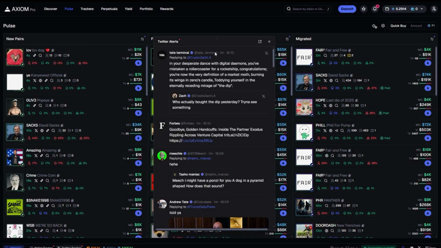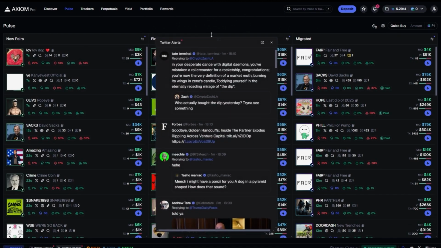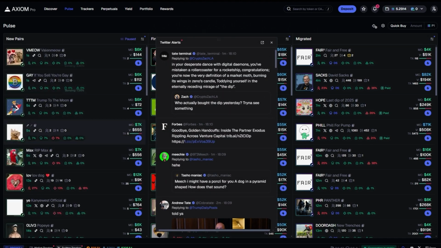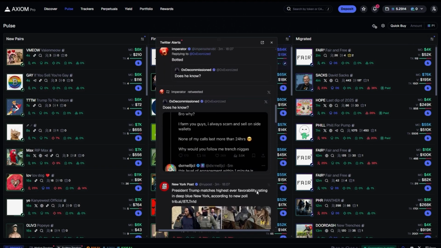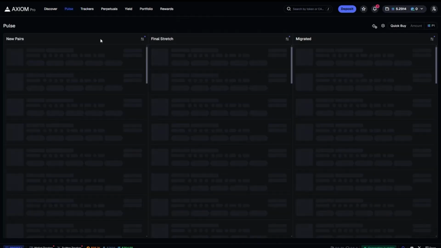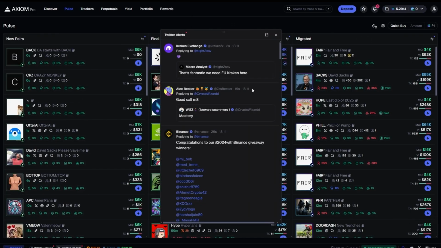So what you're gonna do is put the Twitter tracker right here. The moment there's a new tweet, you're gonna see a bunch of new tokens come out and you can use it like that, right? The only issue I have with something like this is that you can add your own sort of Twitter tracker,